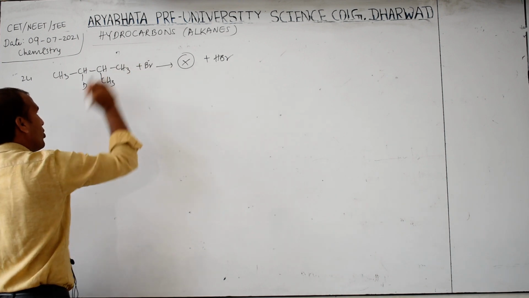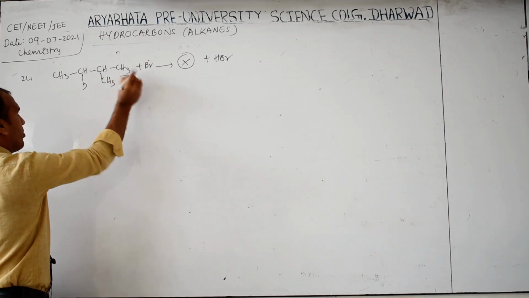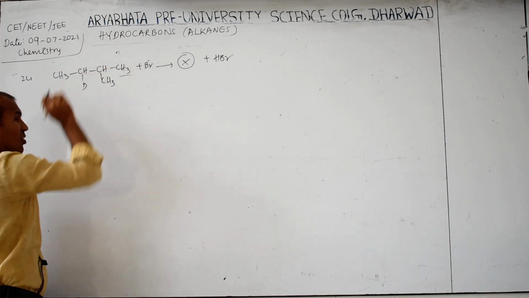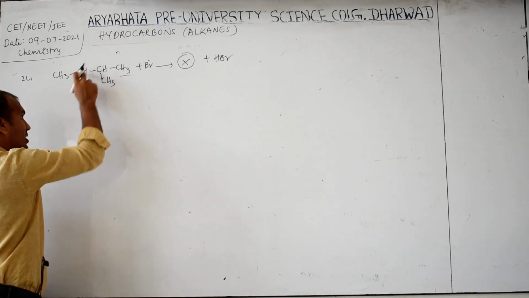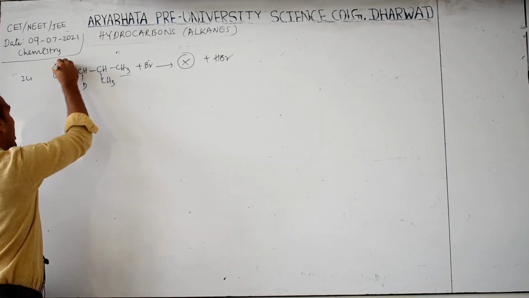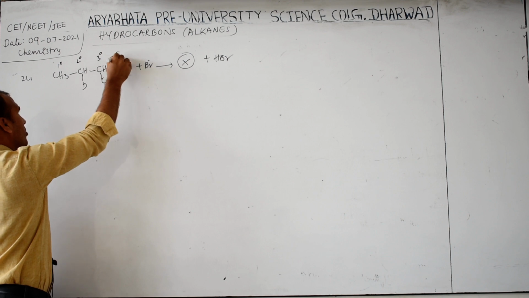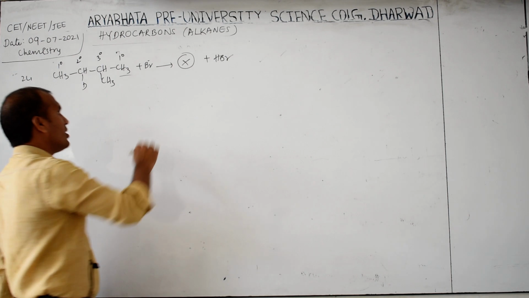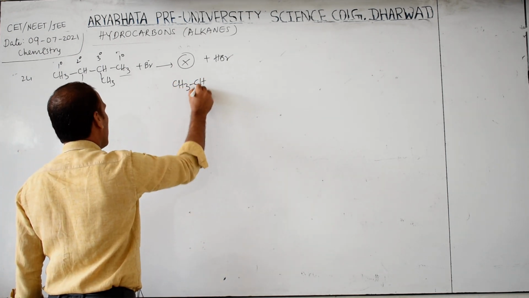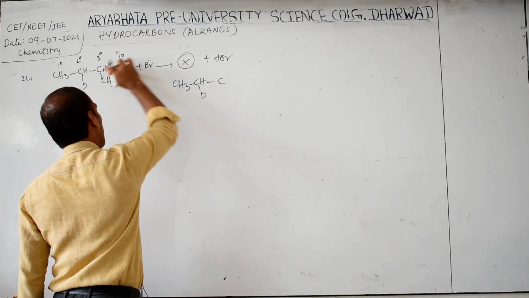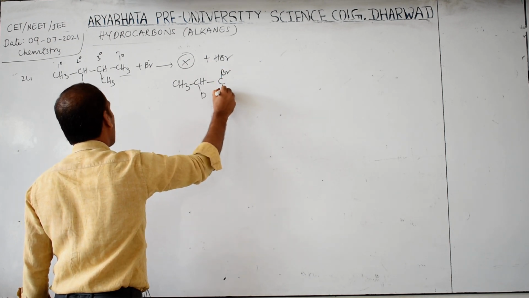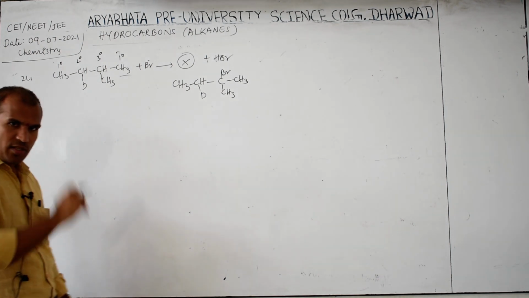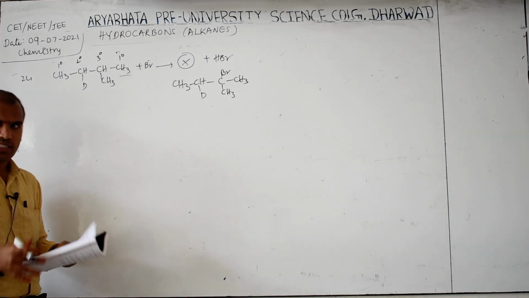Come on. This bromine free radical react with the primary, react with this, which one this is? Tertiary. This is also not tertiary, this is secondary only. Because this H, this is D, this is primary. Primary, secondary, tertiary, primary. Highly selective mean it react at which position? Tertiary. So directly I am writing here CH3, CH, D, CH replace, then you will get bromine, and here CH3, CH. This is correct answer. I don't want to write options. This is the correct answer. Okay, already you know, that's why.